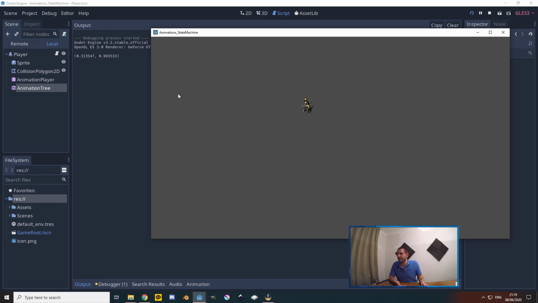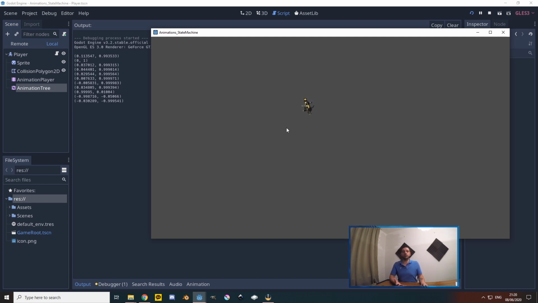But if I right click right here, you see in the output that when I click south of the character, or as a perfect press actually right there, we get 0 on the x-axis, that's correct because it's right underneath, and 1 on the y-axis, which is of course correct because it's south. And it doesn't matter how far south I press, the normalize command will always make sure that this stays between -1 and 1. Of course, when I click right, we're going to get 1 on the x-axis and 0 on the y, or -1 on the x-axis and 0 on the y for left or west. And of course, for top, it's going to be 0 on the x and -1 on the y.